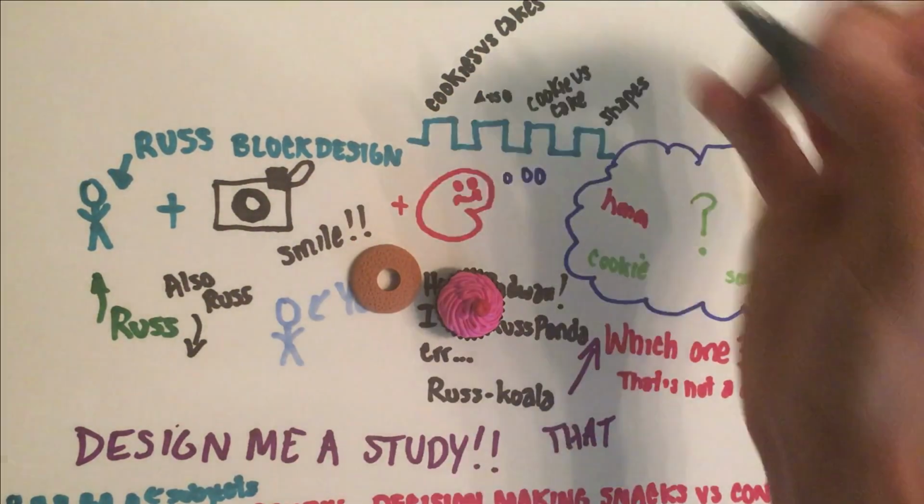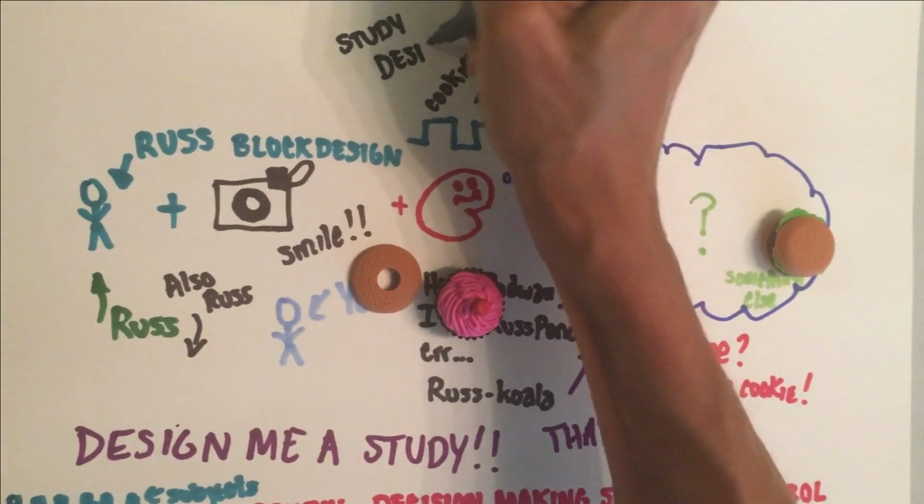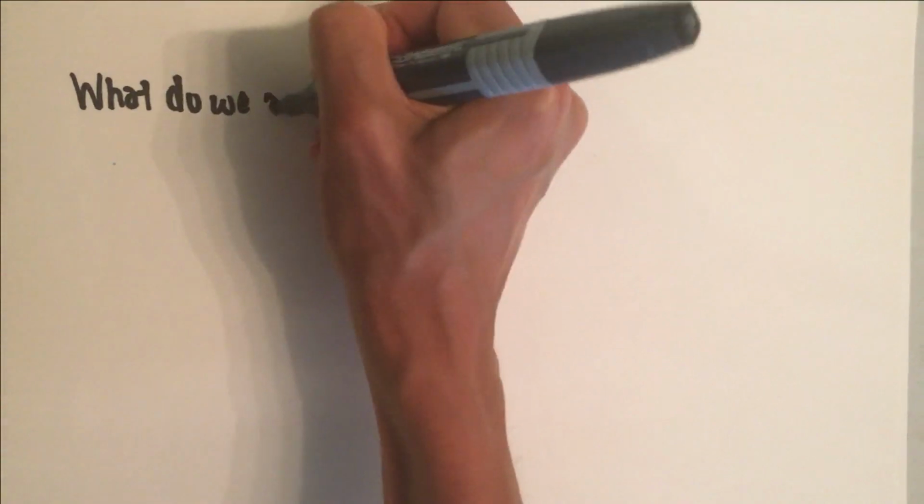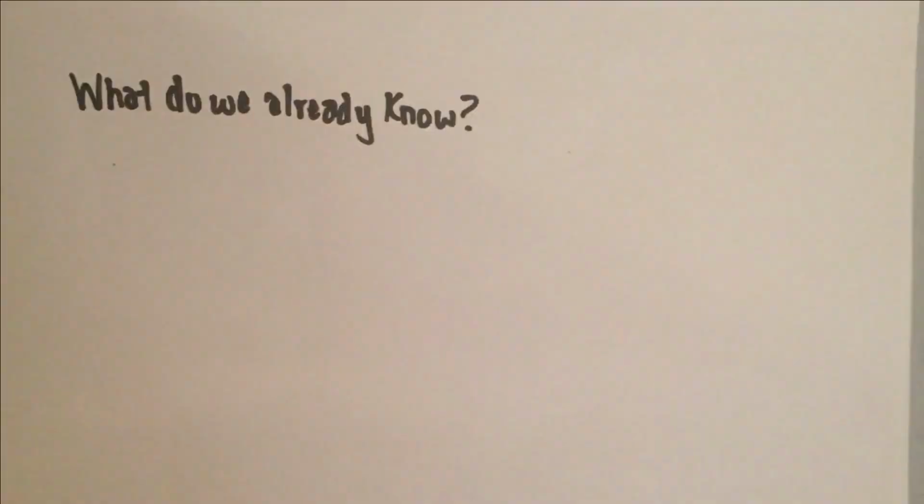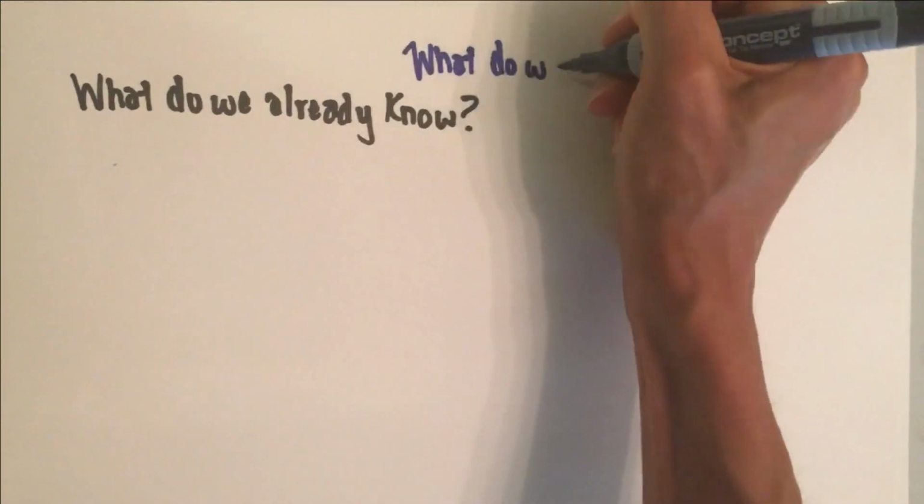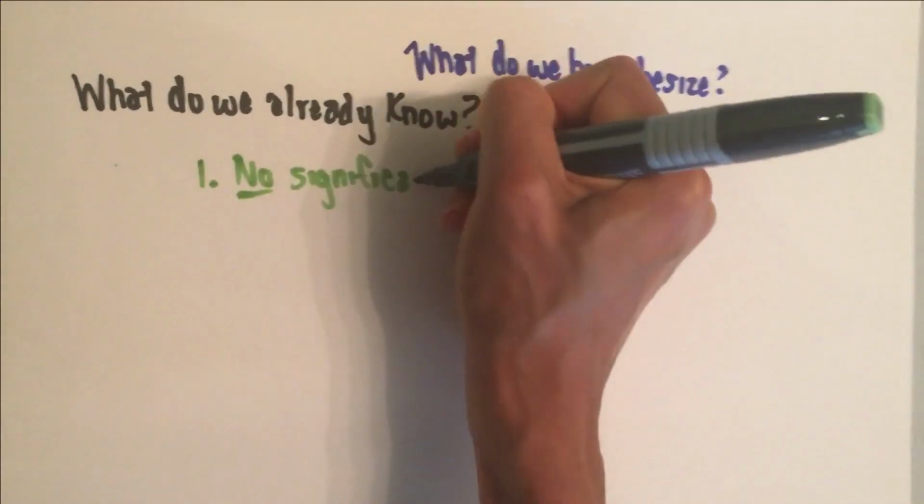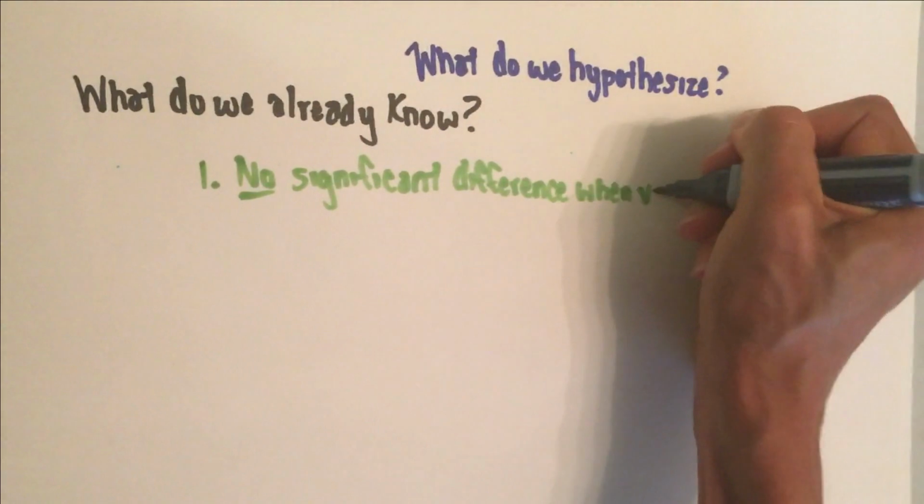I won't go into the details of this, but when you set up the design for your analysis, this block design will be important. So that works okay. You need to first understand what we already know about the human brain and decision making before you come up with your hypothesis. For example, you may decide that there is no significant difference between decision-making centers when you're choosing